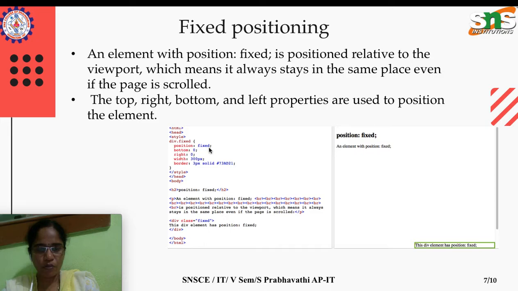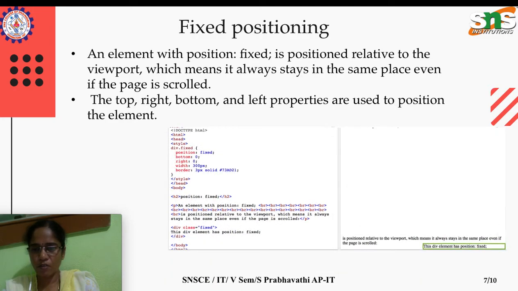What we are doing: position is fixed, bottom is 0, right is 0, and width is 300 pixels and a border, okay. And if we see here, this scrollable page is displayed because I have given these many breaks, okay. When I scroll it down, what's happening is that the division element is fixed, as it is in its position, and the remaining content in this page gets displayed.